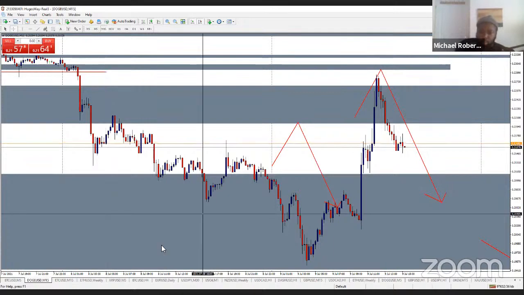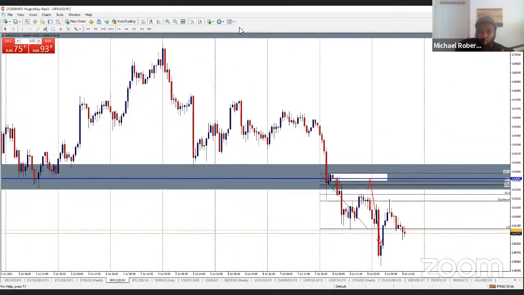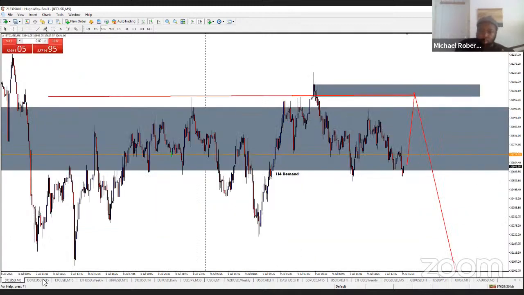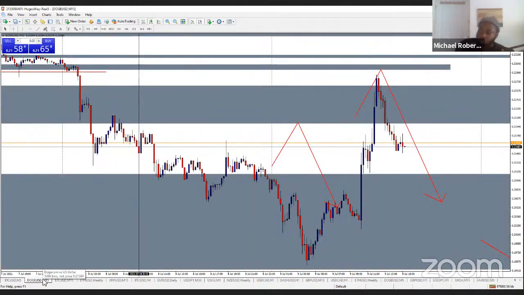I'm watching XRP also. Just wanted to give you guys the quickest update. The price has done some nice shorting action and it's still continuing short. I probably won't trade XRP because it's not the best out of the set that I have. My favorite two are Doge or Bitcoin. So I'll be looking to trade those and grab the profit from those.